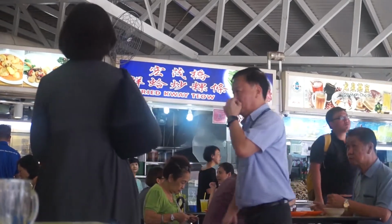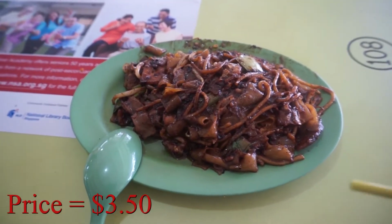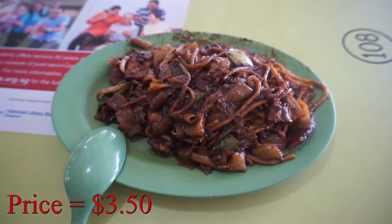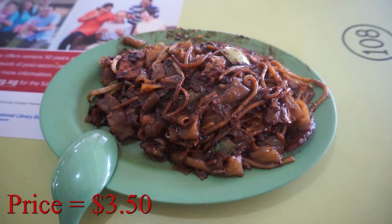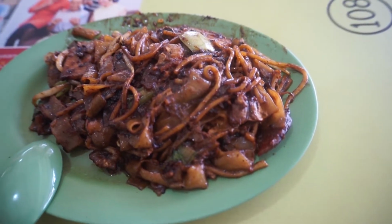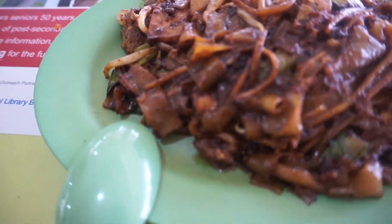Once you order the dish and you take the dish, you can actually smell the smell coming up from the Char Kway Teow. It actually smells very nice, very fragrant. There's lots of pork lard. As you can see, it is the darker and sweet type of Char Kway Teow. When you eat it, it's a bit sweet